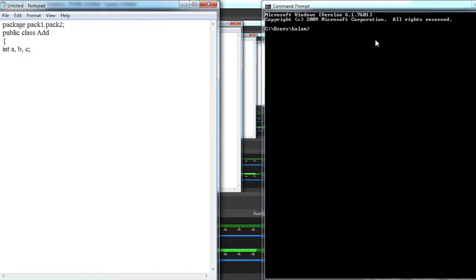Now let's take one constructor so that we can initialize the values of a and b. this.a = a, this.b = b. Now we have initialized the values of a and b.